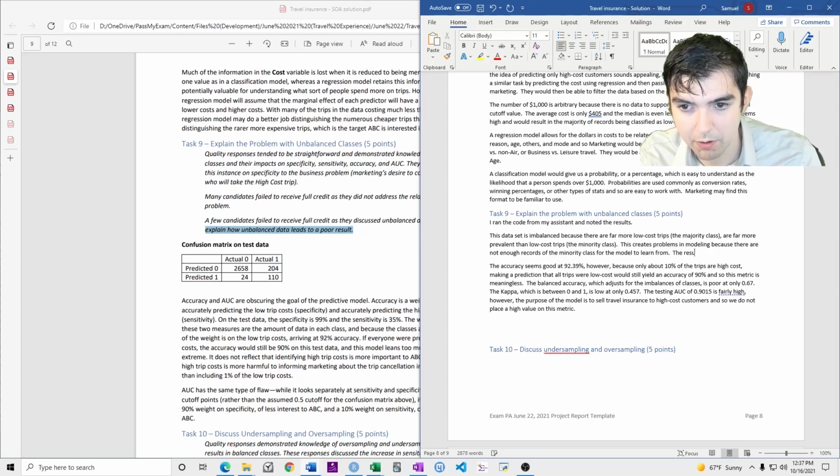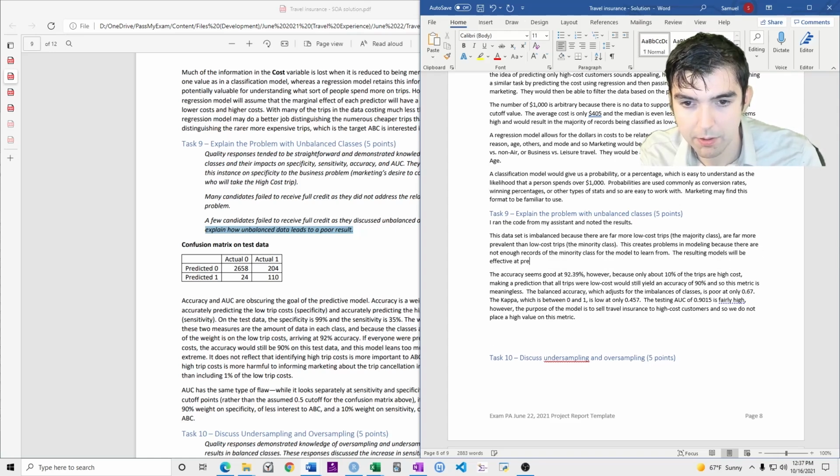The result is models that will be effective at predicting only the majority class. Specific steps need to be taken to address this problem.